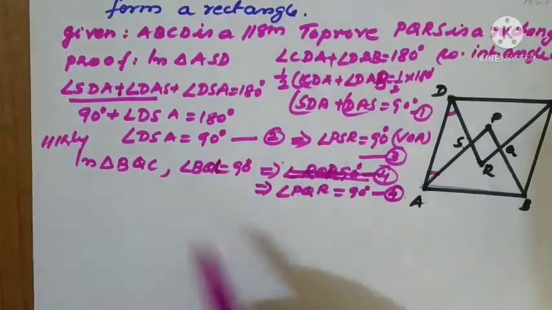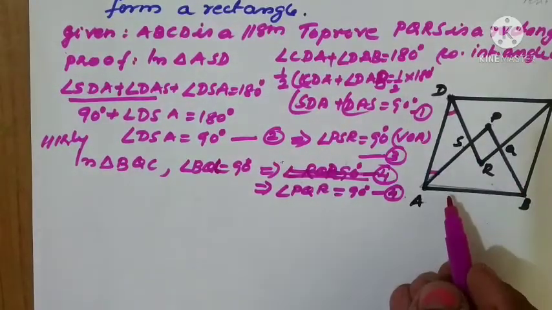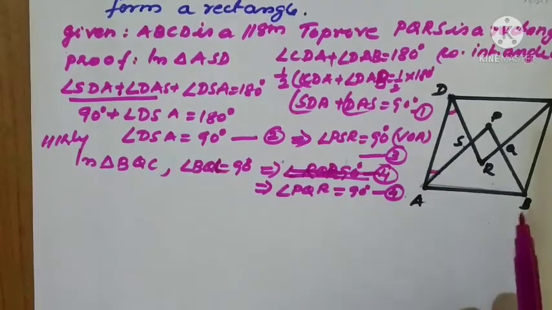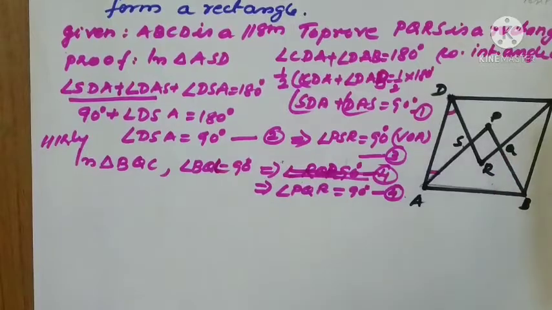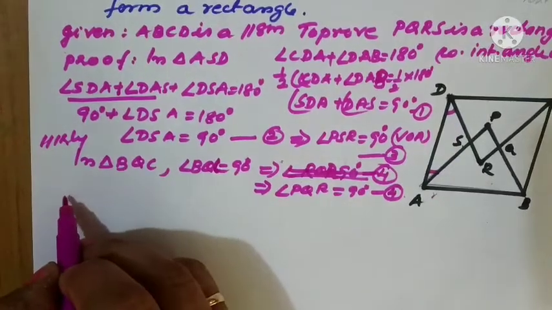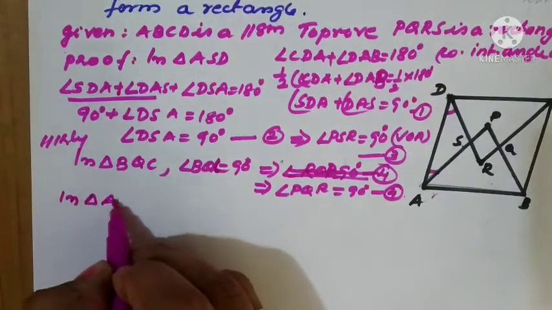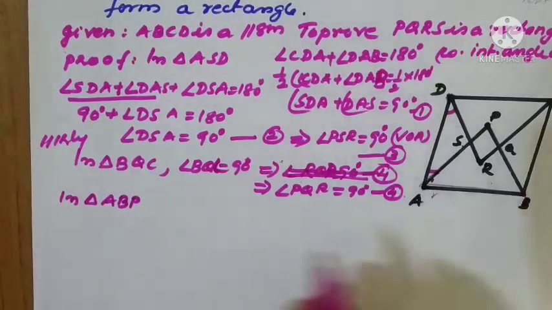Okay. Now what is the next step? We want angle P now. So similarly, the co-interior angles we can write. Now what did we get here? Angle PSR is also 90 we got. Angle PQR is also 90 we got. Right? Now the next step is that I am taking triangle ABP. In triangle ABP, here also the same procedure. It is half A, it is half B.